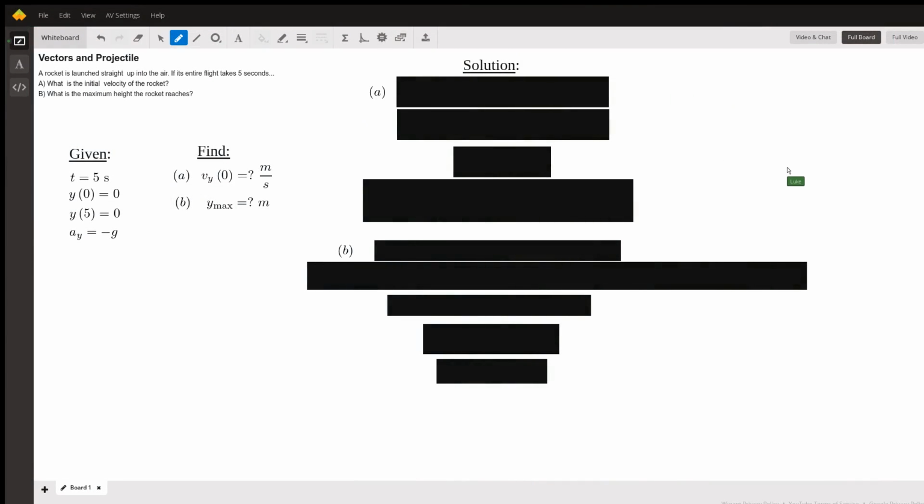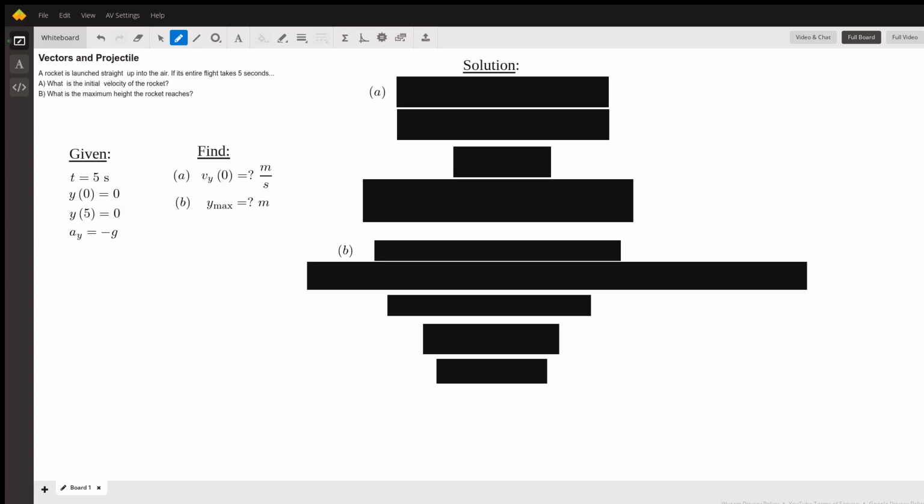This is a problem on, obviously, as the prompt says, vectors and projectiles, where you were told that the entire flight takes 5 seconds, and that you could technically say that it starts from some sort of reference height, or